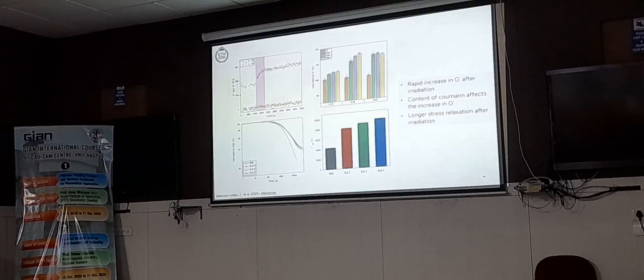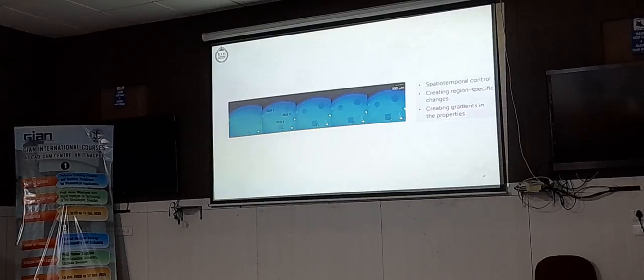So until now we're quite happy, and we have started to look into the confocal and the irradiation using NIR at specific points. Since the coumarin base is also fluorescent, we can see that we have chosen different regions of interest, and where we irradiate, the fluorescence is less. So we can say that we have spatial and temporal control. We create these region-specific changes, and we can also create gradients in the properties related to the rheology